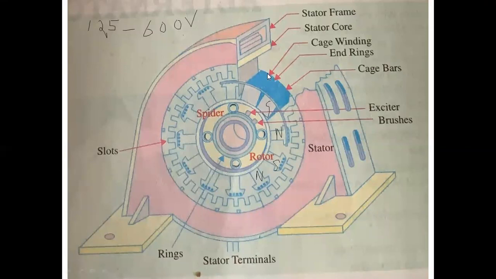So alternating EMF is produced in the stationary conductors, right? This frequency will depend upon the number of south and north poles moving past the conductor in 1 second, and the direction is given by Fleming's right hand rule. Okay, so this is the detailed basic principle of an alternator. Now we will see the construction part.